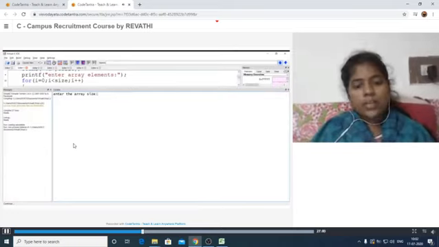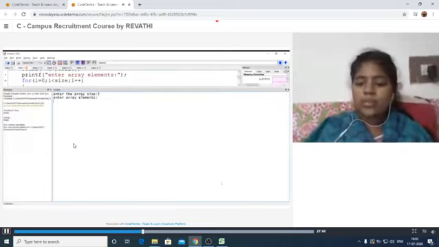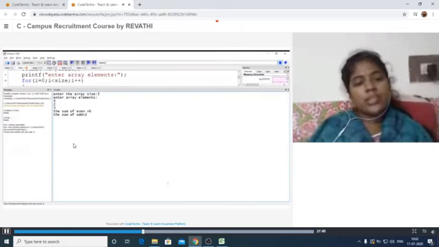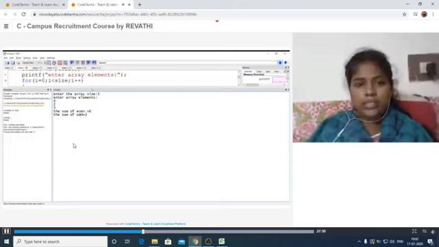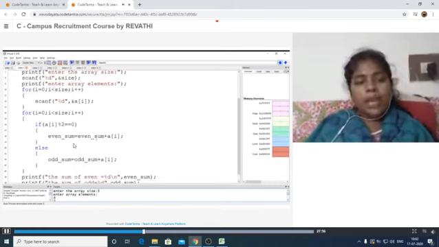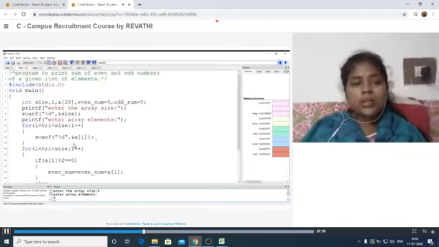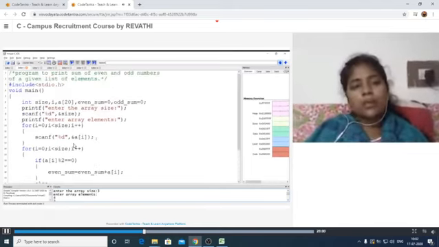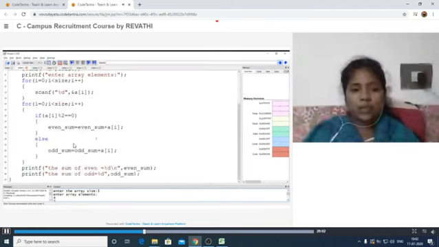Same, I am providing 3. Let us enter the values 4, 2 and 3. See, the sum of even is 6, the sum of odd is 3, similar to our expected result. Like this we can write the program for adding the even and odd numbers from the given list of elements. Here we use arrays.